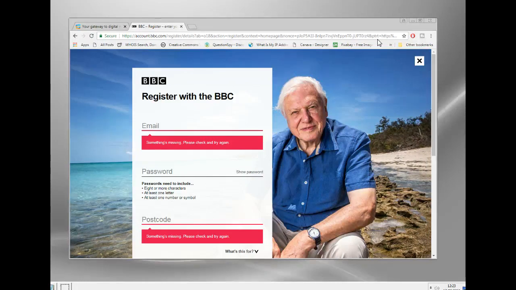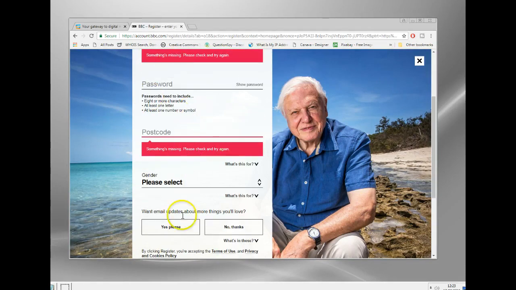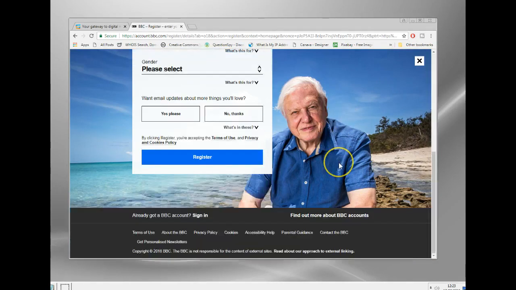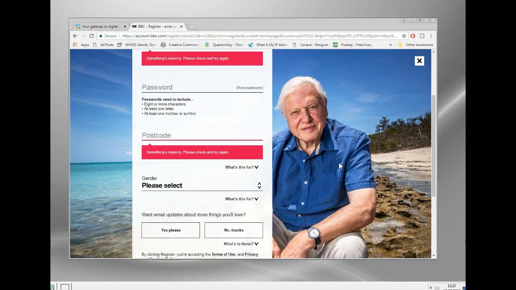So we're focusing on the BBC here. If you haven't got a BBC account, you'll have to go and set up your BBC account there. Just fill it in as normal. Make sure you've done the Smart DNS first and fill it in. The only thing you need to be a little bit sneaky about is the postcode. Put a UK postcode in there. It will check to see it's a UK postcode.